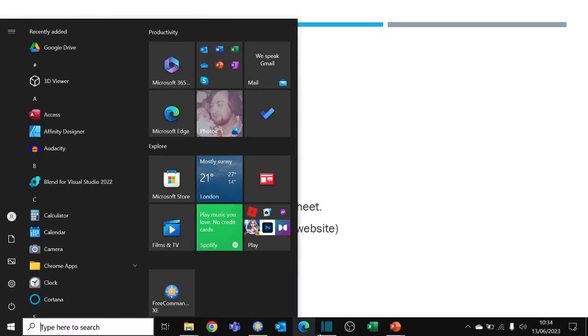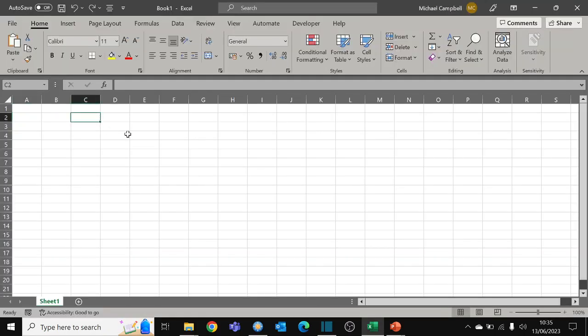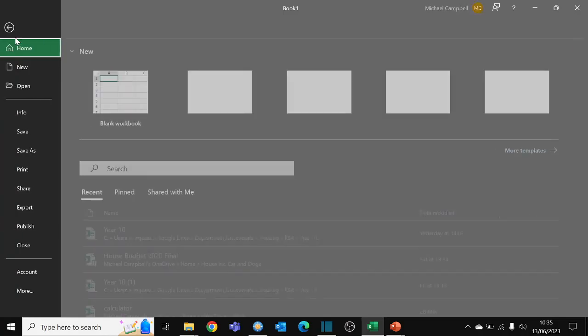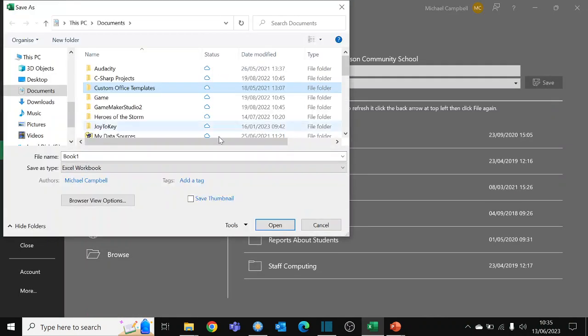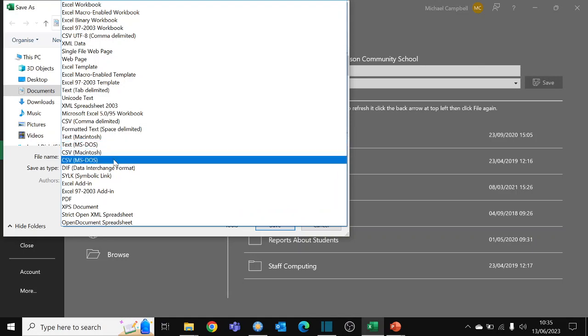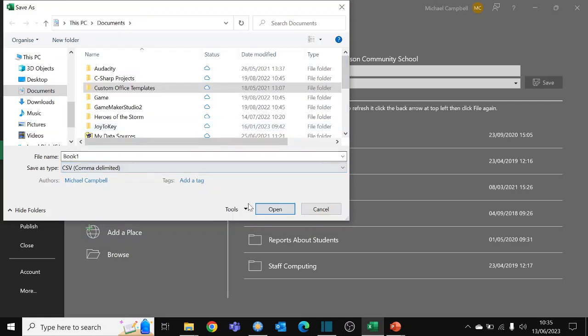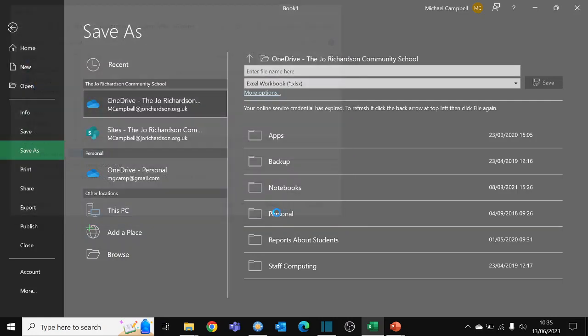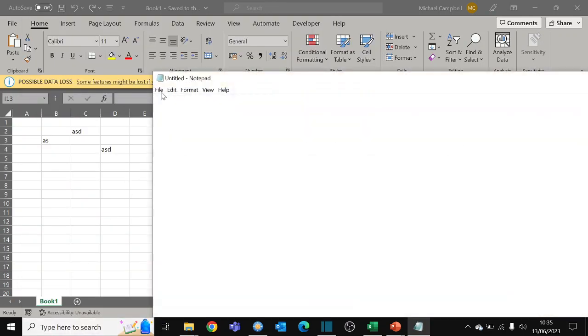Actually, if I get up a spreadsheet, so if you write some data in Excel, and then save it as a CSV file. There we go, comma delimited, but I missed. Comma delimited file, I call it book 1. There we go. If I then go into Notepad and then open up book 1,